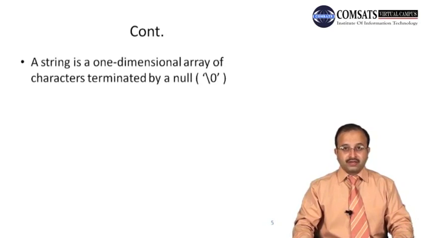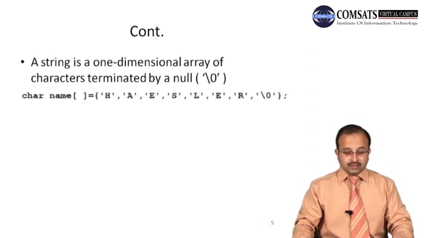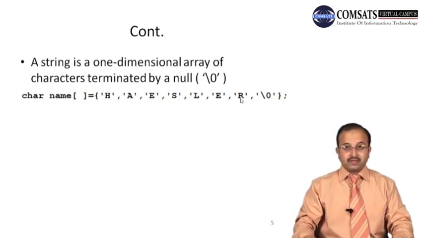So that is the speciality of the string, that it always terminates at a null character, and the null character is represented by backslash and 0. So let's say this is a string initialization. This is the name of the string, name. We haven't specified the size of the string. So the size of the string would be 1, 2, 3, 4, 5, 6, 7, 8. So 8